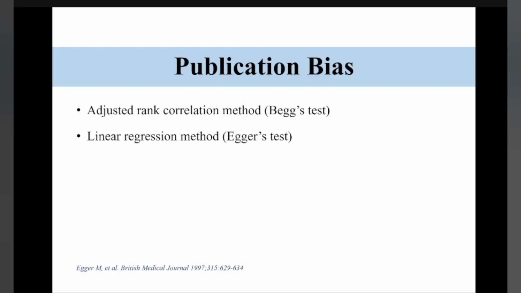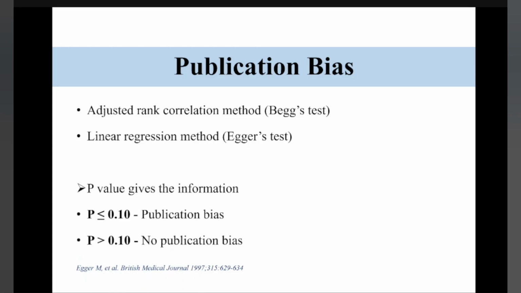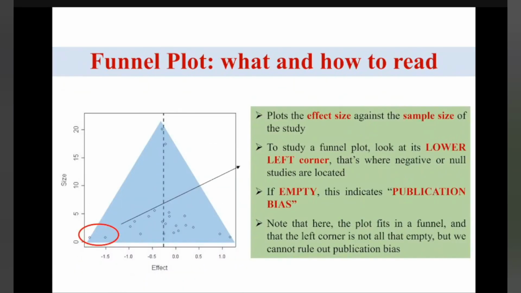For that we have a few statistical tests, like the adjusted rank correlation method given by Begg, which is why it is known as Begg's test, and the other is the linear regression method. It is given by Egger, so that's why it is known as Egger's test. You can find them on Google. And another method, if you don't want to look at the p-values and go in depth on them, is to check by visualizing the funnel